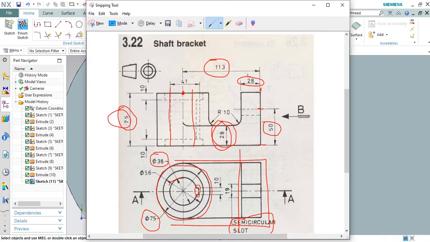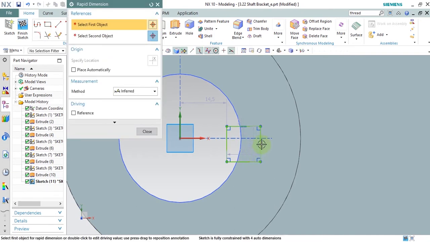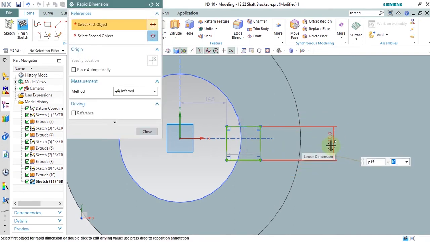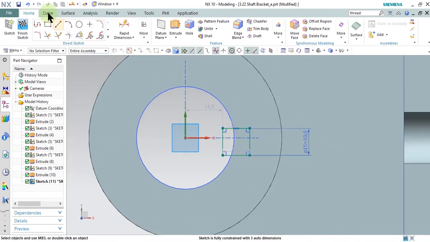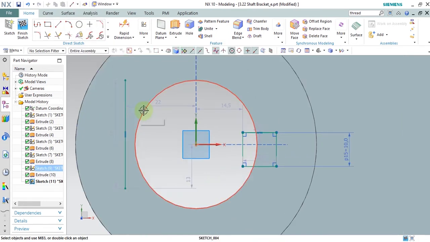After that fill the dimension 10, and then from here to here is 41. Okay, select this rapid dimension, select this and then click 10. Okay, click close. Okay, after that I will select this line from here to here, right click and OK, and